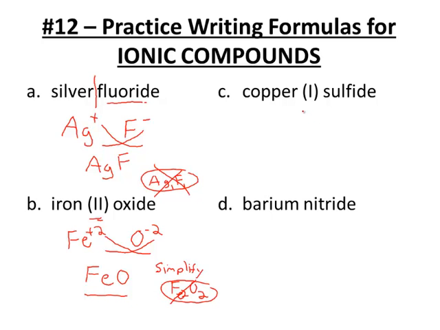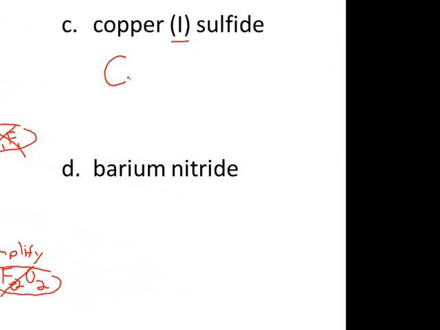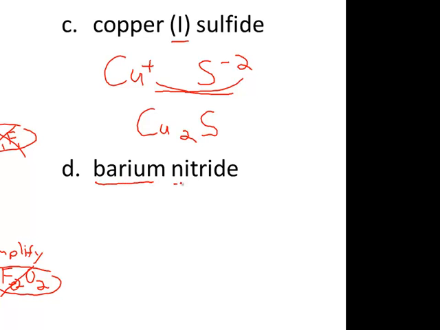Copper 1 sulfide. Copper is a +1 charge in this case. Sulfide, sulfur, -2 from our periodic table. So when we crisscross, it's going to tell us we need 2 coppers and 1 sulfur, Cu2S. And then barium nitride, barium,